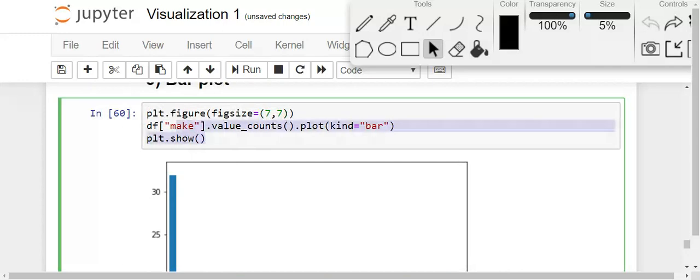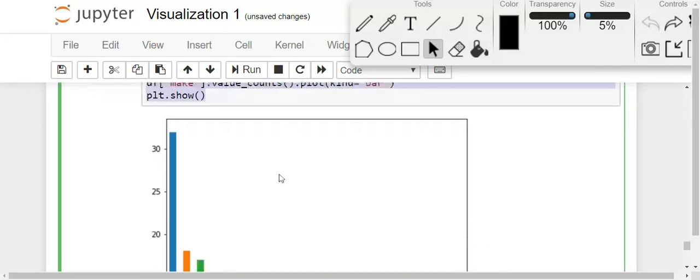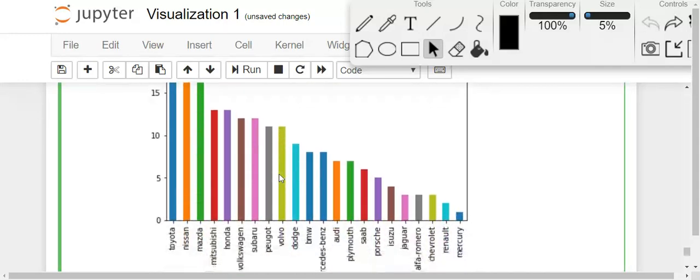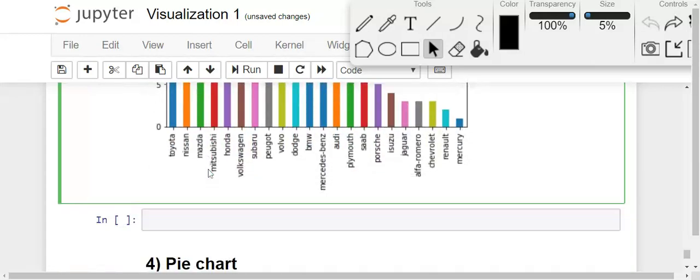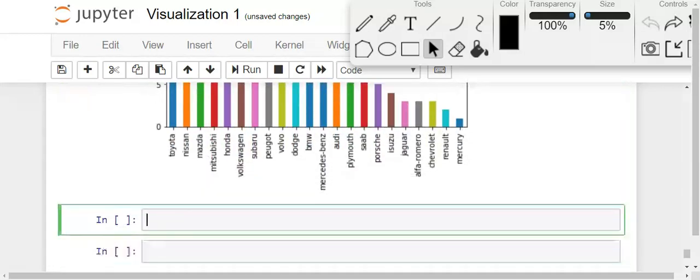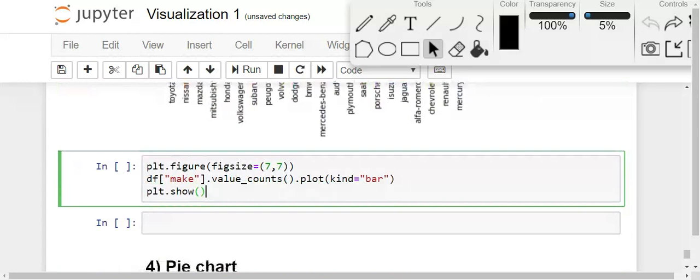Now the same plot, guys. The same plot over here. If I want this in the ascending order instead of the descending order, so what we can do is call this. Just copy this code, right? And then just after value counts, and just before the plot function, in between, I'm gonna call the function sort underscore values, and inside that I'll be passing an argument called